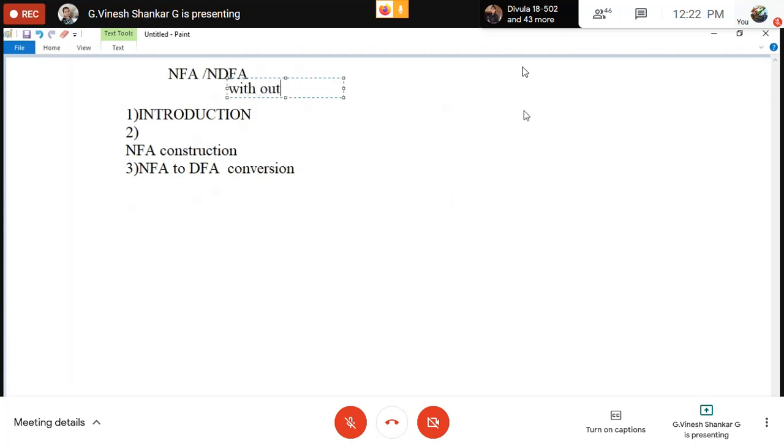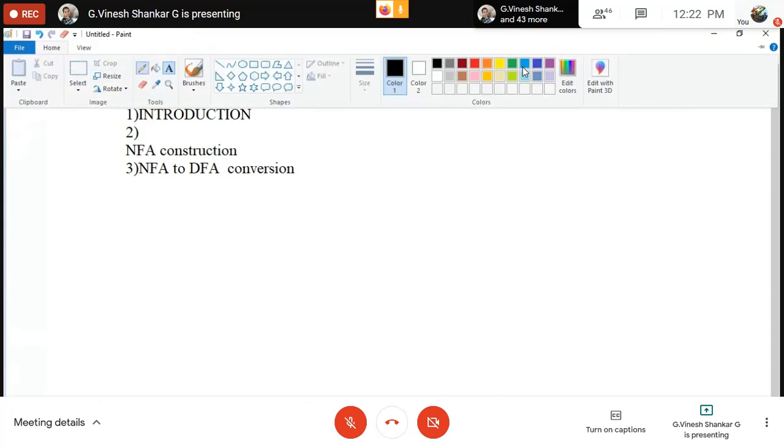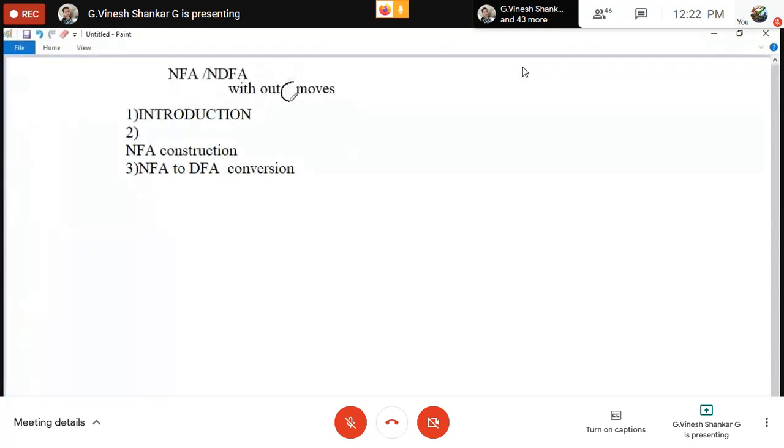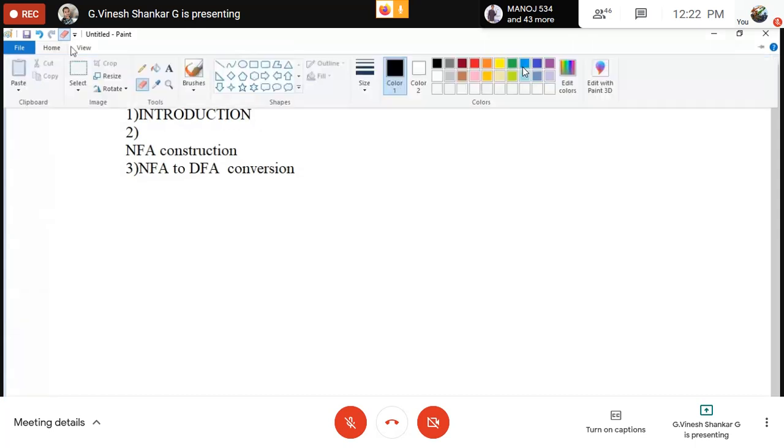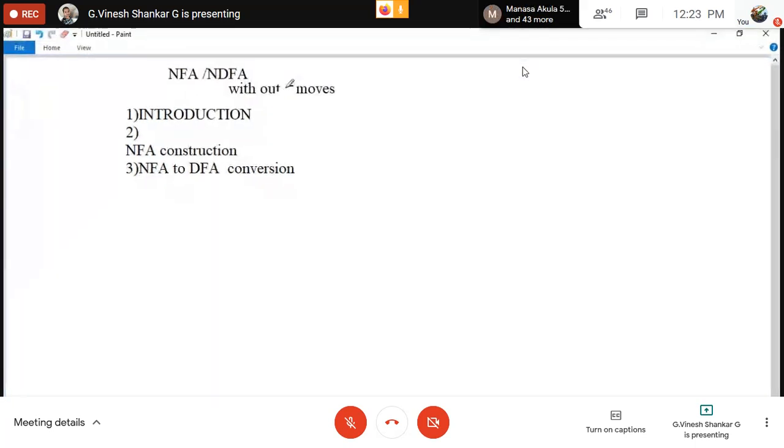We are having two concepts now, with epsilon moves and without epsilon moves. Here without epsilon moves. Remember we are going to cover here only without epsilon moves. Epsilon you can draw like this. So without epsilon moves, first part we are going to see introduction, then NFA construction, then